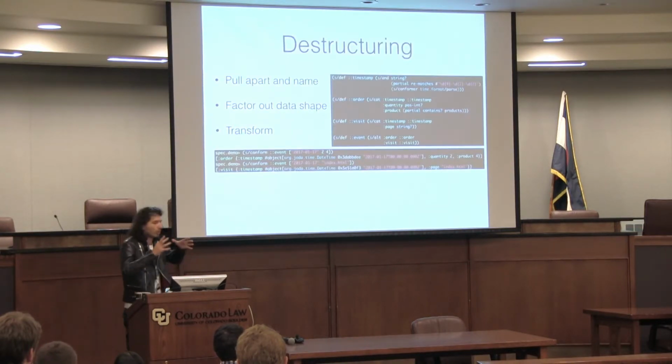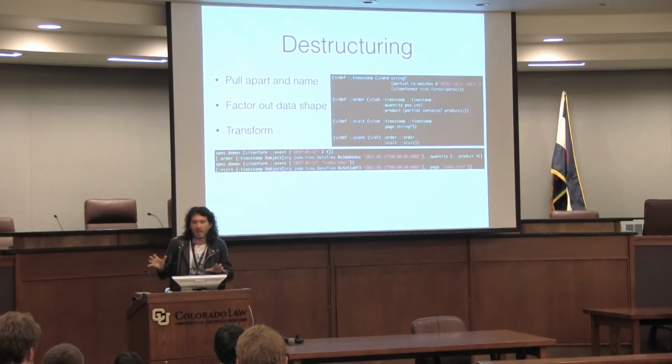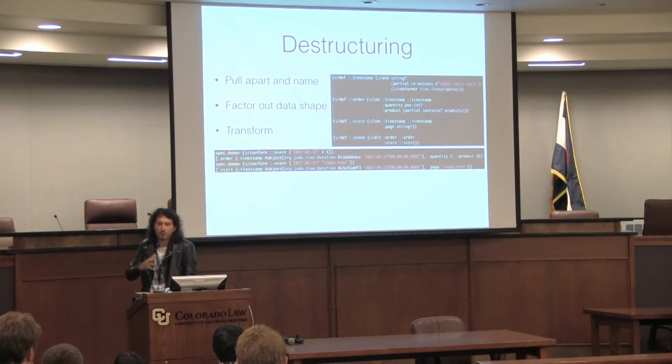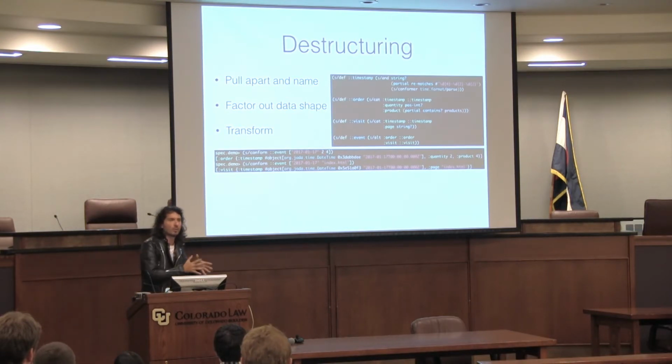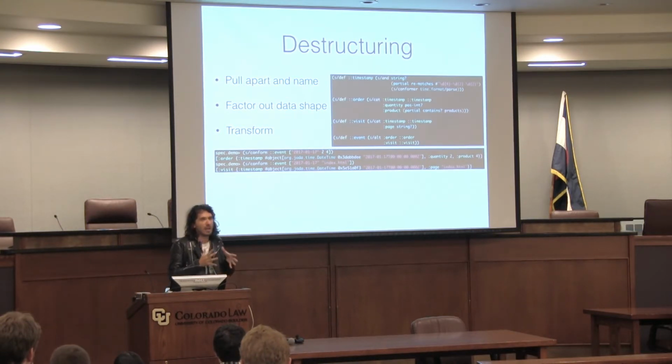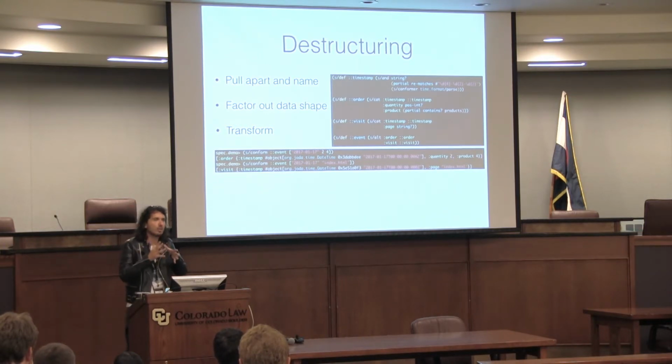First, it allows destructuring, meaning pulling apart complex data structures, naming just some constituent part and using that. Why this is great is that, in terms of how you can organize code, you can now separate the part where you're transforming your data from the part where you're actually doing something with it. I find this very helpful in how clear the code is, because when I want to think about the flow of data and what processing is going on, I can just focus on that, and you don't have to think about all the boilerplate of transforming data from one form into another. Spec allows you to pull those out and just have the definitions, which are also transformations for data, and you can then separate the two concerns.